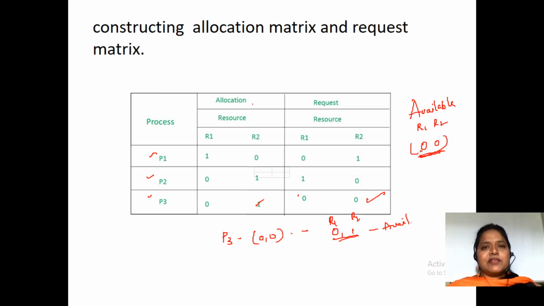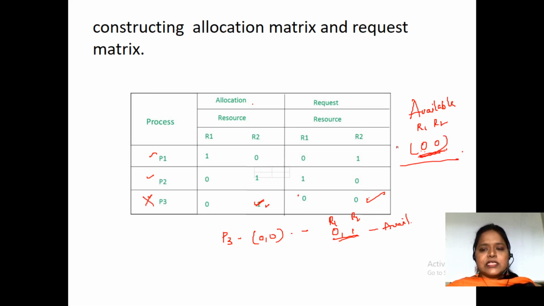So we are also having 0 and 0. It means that P3 is not waiting. So what I am telling you to understand: 0 and 0, here 0 and 0. So what P3 will do is, P3 is satisfying, so it will release the resource R2. Previously the available resources are 0 and 0. Now after releasing, as P3 task completed, it is going to release the resource R2.